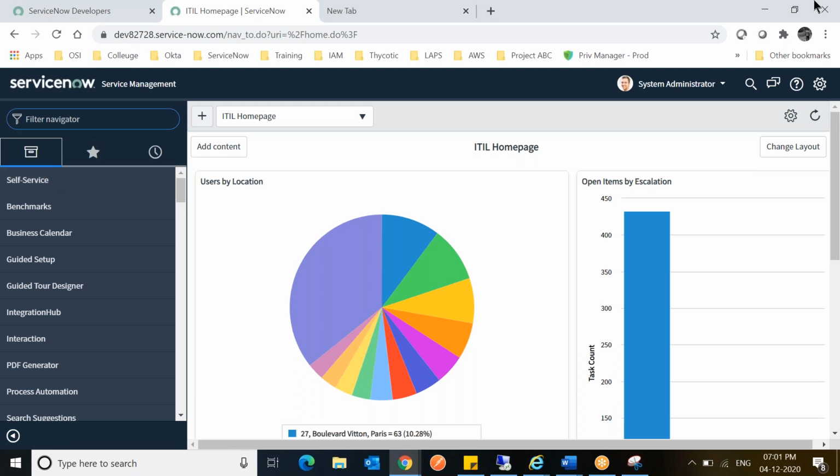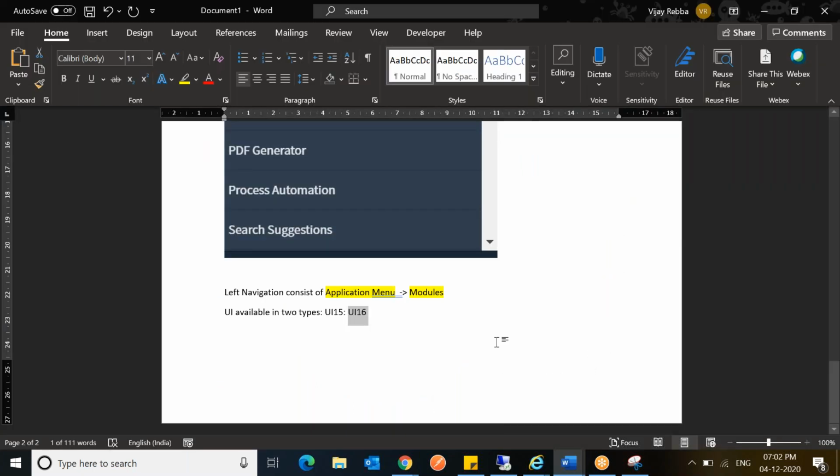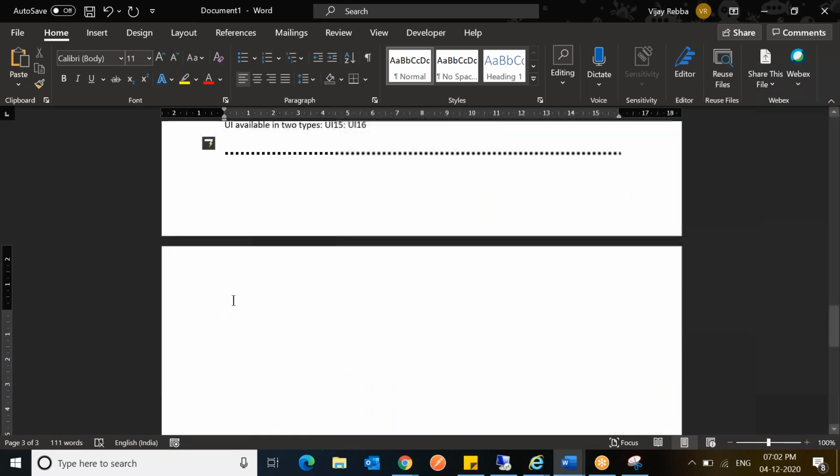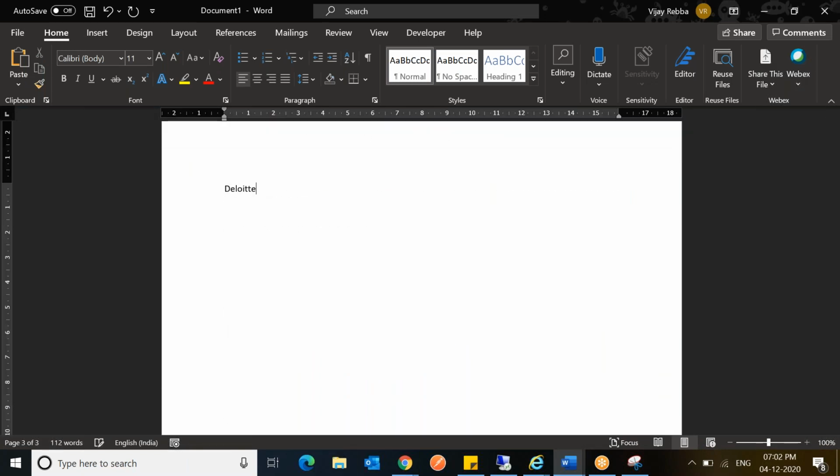So now, if somebody purchases, let's assume, we will do it as a project from now. Some company called Deloitte, I think I keep using Deloitte, purchased ServiceNow from ServiceNow. So when they purchase ServiceNow, let me tell you the licensing model, then we can jump into the configuration. The licensing model of ServiceNow would be